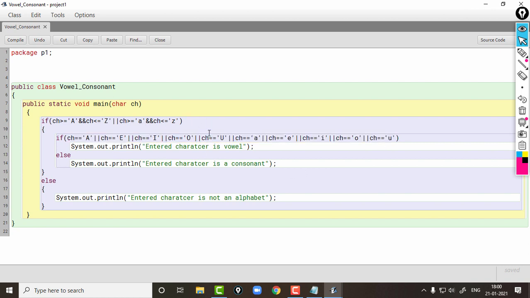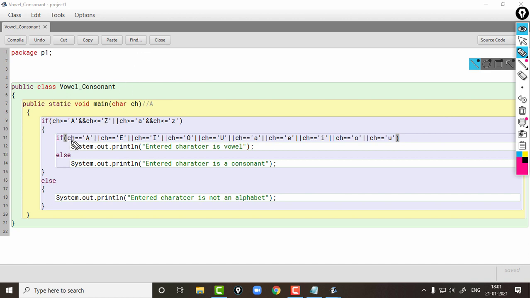So we can check how. Suppose we are giving the value capital A to this variable ch. So what will happen? Then this condition will give a true result because it is an alphabet. Then executing the body, checking the condition of the inner if.